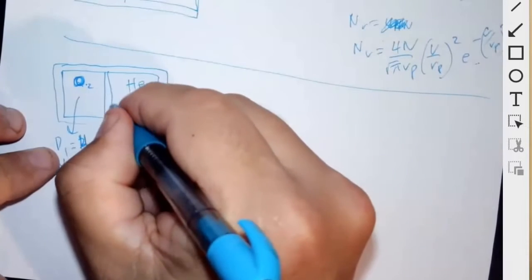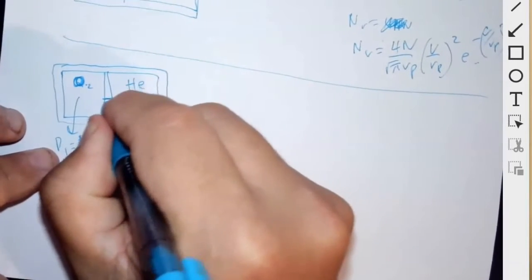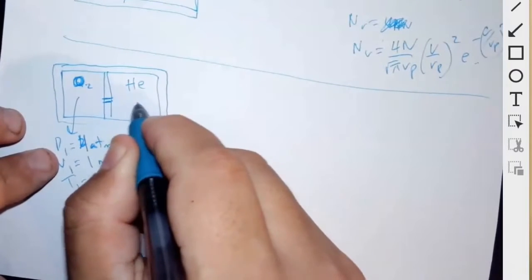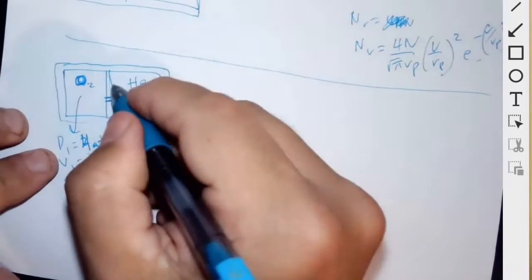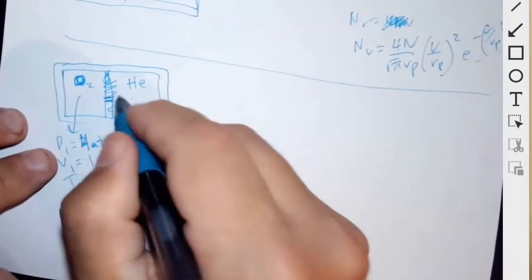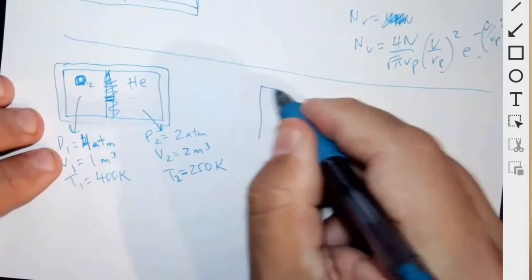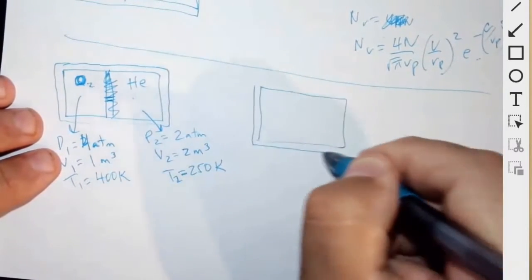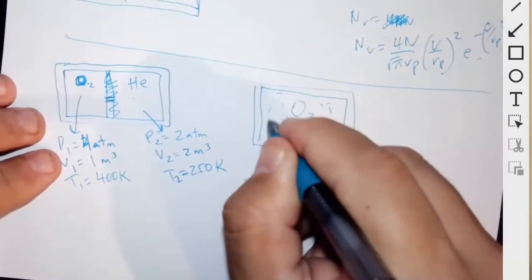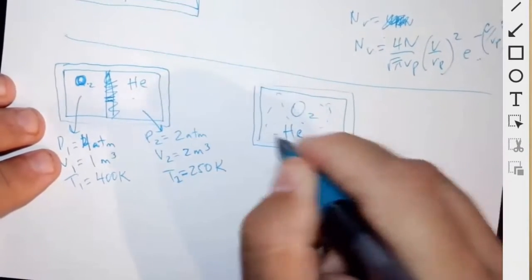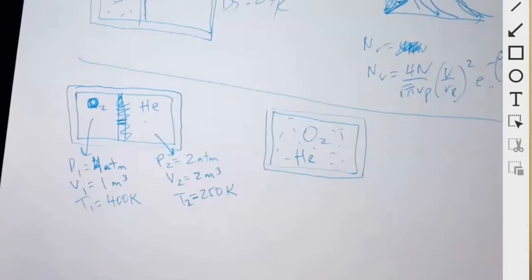And now let's puncture a hole in this barrier and allow them to mix, the oxygen and the helium. Or you could just take the barrier out completely, allow them to mix, and at the end you have something like this. The O2 is kind of everywhere, and the helium is everywhere. So this is a gas mixing problem, where you have 2 random gases at different temperatures, different pressures,